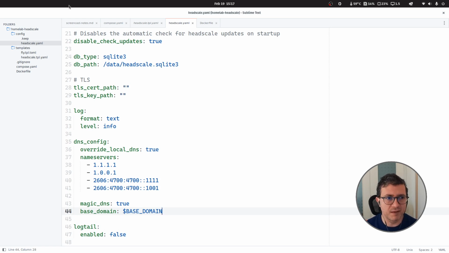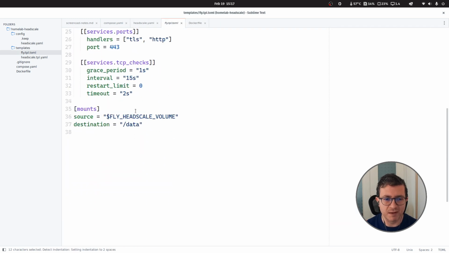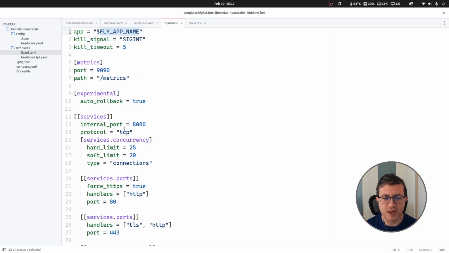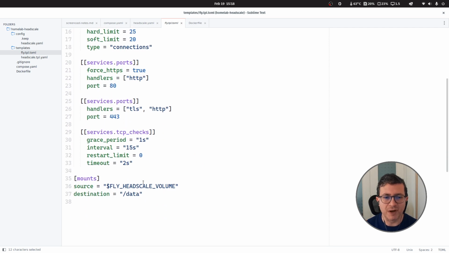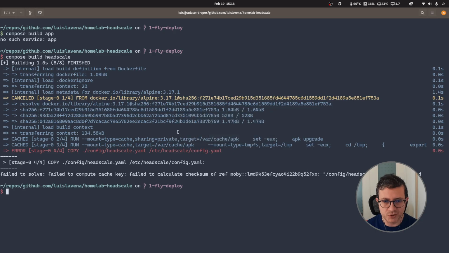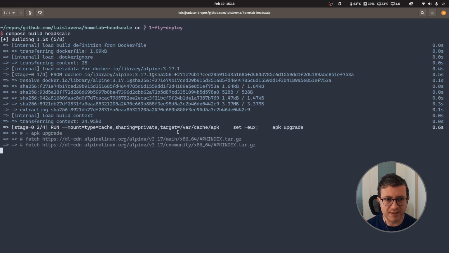The second thing is we have a template for Fly, the application. I made a template so I can replace the Fly name and the mount of the data. So what we're going to do is create an application on Fly, then create a volume for that application, and then copy this configuration. First things first, I'm going to try to build again. This time it's going to work